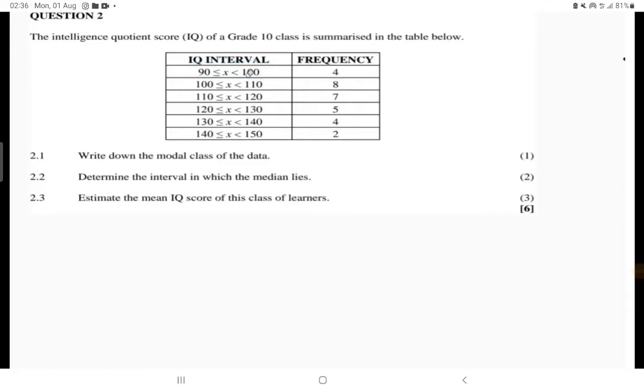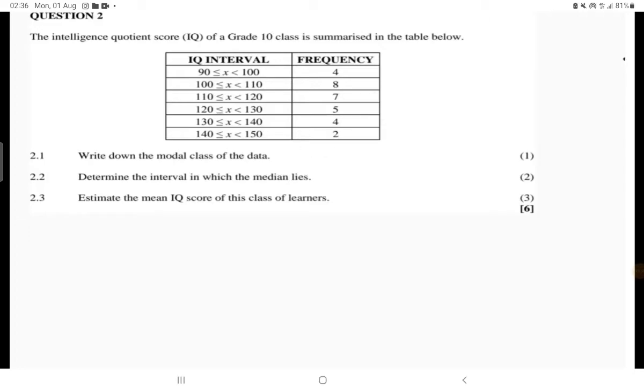And in this interval, there were 8 people who were found, which means many people were found in this interval. This is probably going to be our modal class. Then this one is 7 people found in this range, right? So this is how this can be analyzed, because now you can see that someone can make a mistake when